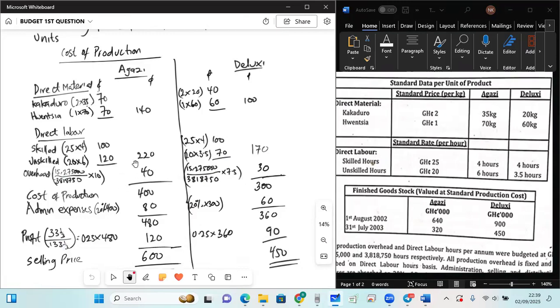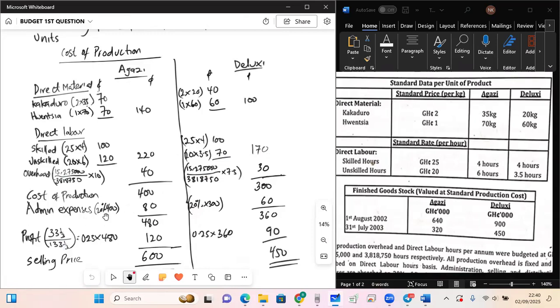Now this will let our cost of production to be 140, 220 plus 40, and then making 400 here, and then 100, 170 plus 30, making 300 as the cost of production for the Luxy, 400 for the cost of production for Agazi. Now,